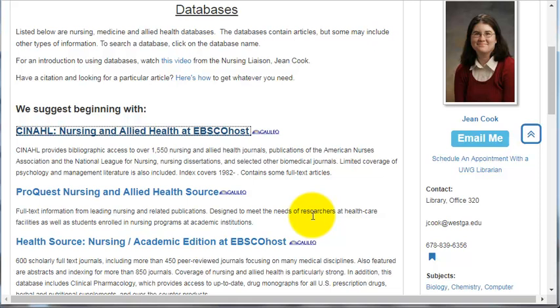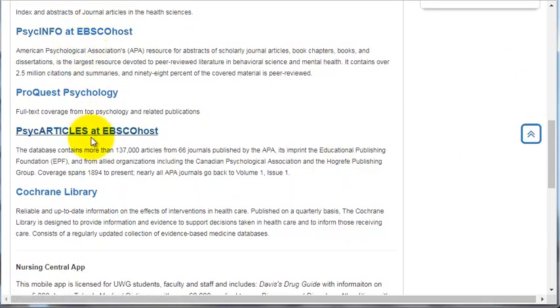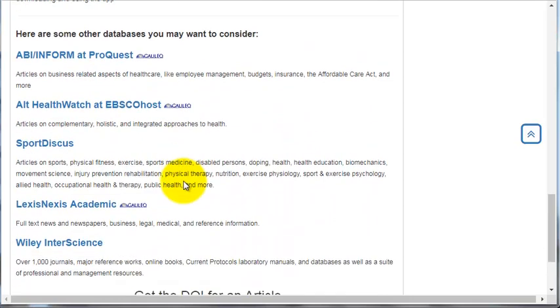This is just a brief intro to our databases. If you get stuck, try searching for different words or using one of the other databases in the research guide. Many of these databases cover different disciplines that might be more relevant to your research. For instance, we have quite a few that are just about psychology. As well as scrolling down, we have ABI/INFORM at ProQuest, which is really good for business-related things dealing with healthcare, like employee management, especially things like insurance and the Affordable Care Act. We even have things about alternative healthcare, sports medicine, legal issues, all sorts of things that might be of interest